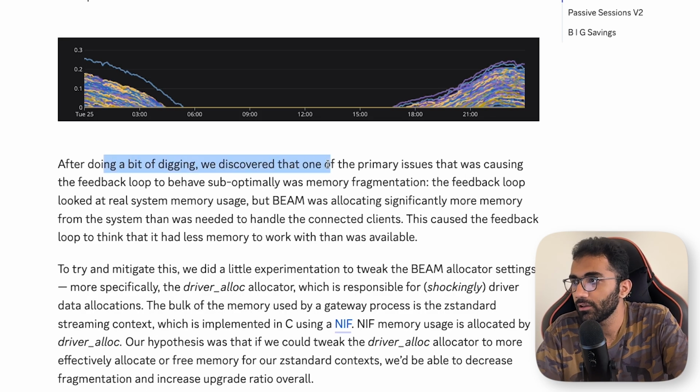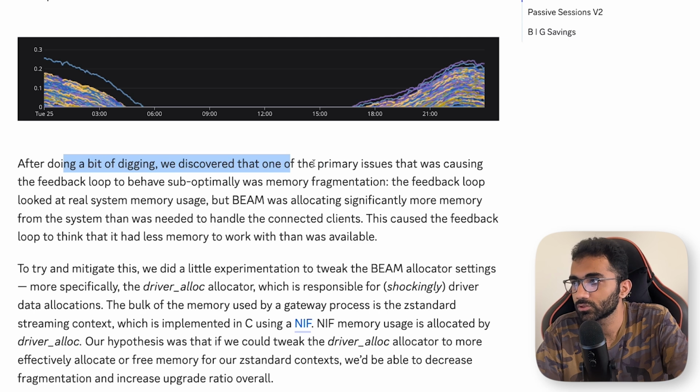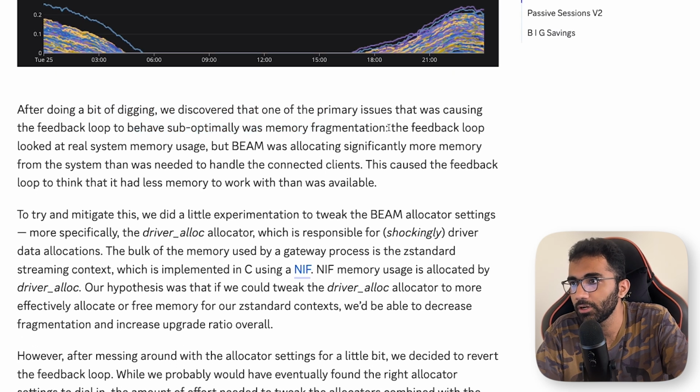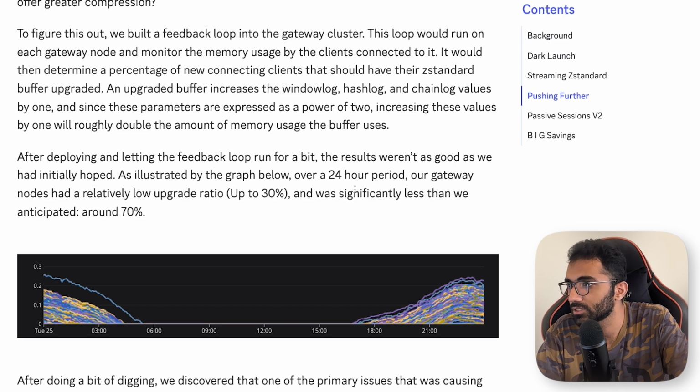After doing a bit of digging, we discovered that one of the primary issues that was causing the feedback loop to behave suboptimally was memory fragmentation. The feedback loop looked at the real system memory usage, but Beam was allocating significantly more memory from the system than was needed to handle